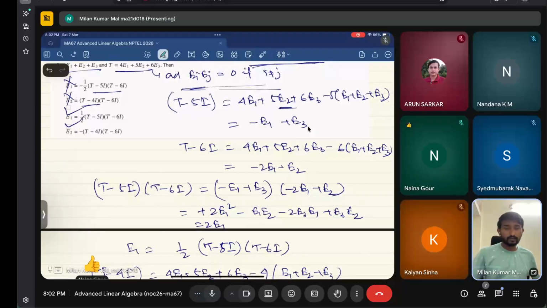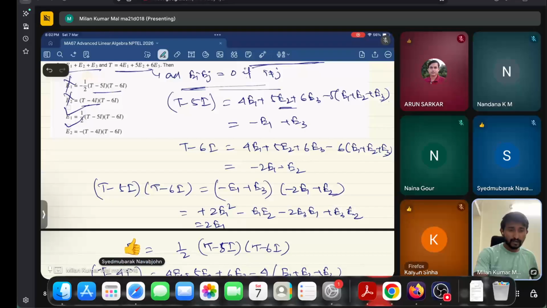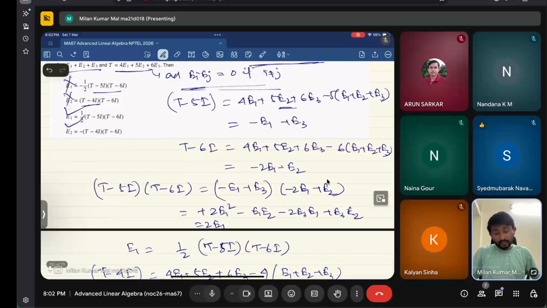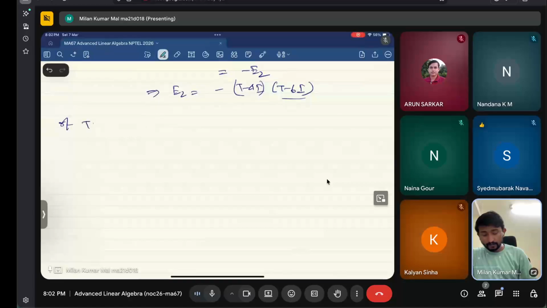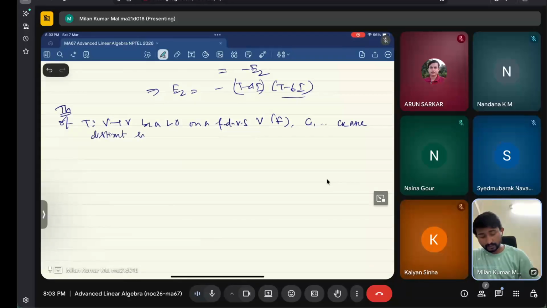But here I just want to mention one theorem, and I will close today's session after that. It's a standard thing. If T is a linear operator from V to V on a finite dimensional vector space V over the field F, and c1, c2, ..., ck are distinct eigenvalues of T,